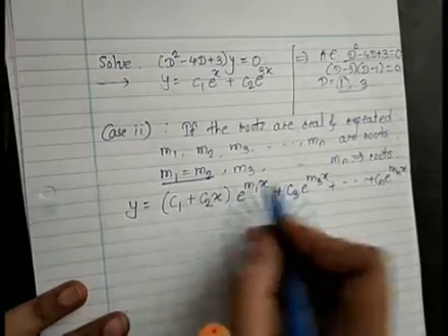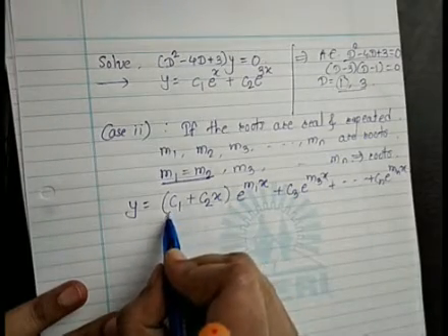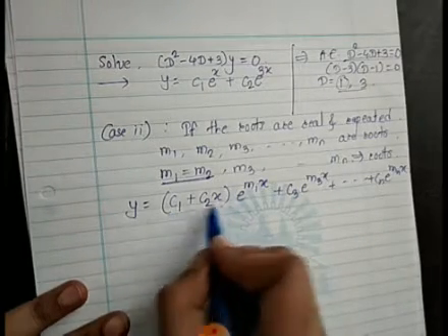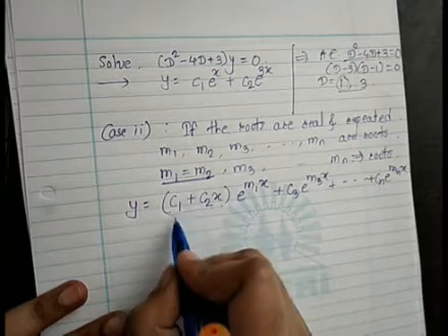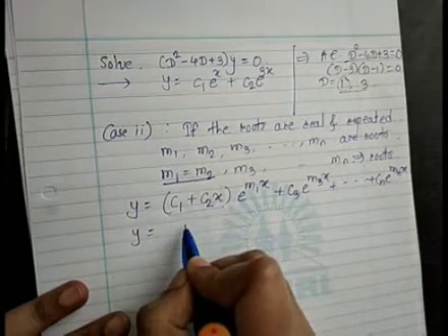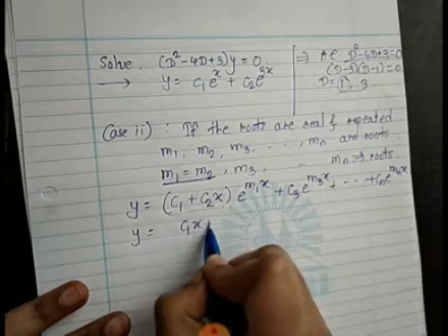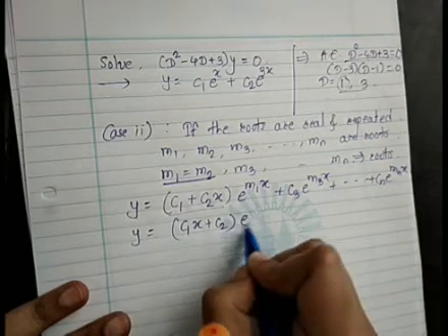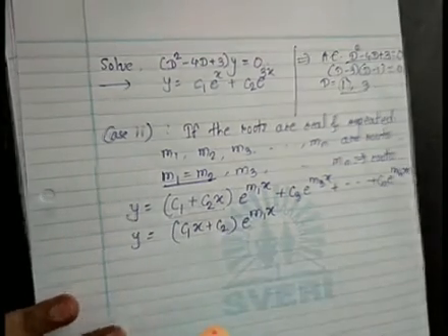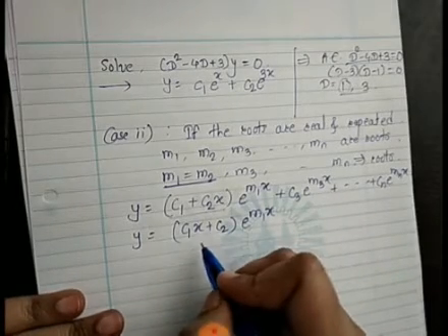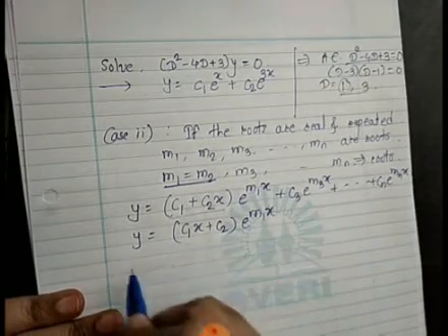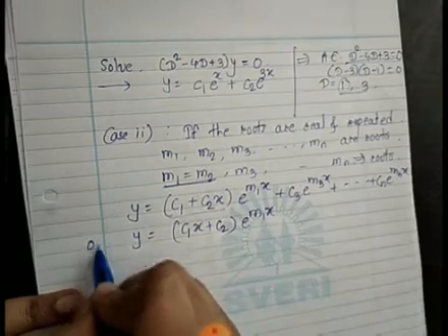Just remember, if repeating twice, we have to collect the two constants together with x to 1. Also we can write this similarly: C1x plus C2, no doubt. Give x to any constant, either give it to C2 or give it to C1. No problem. So secondly, we can write this also.